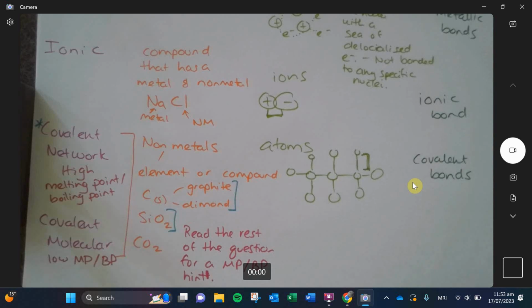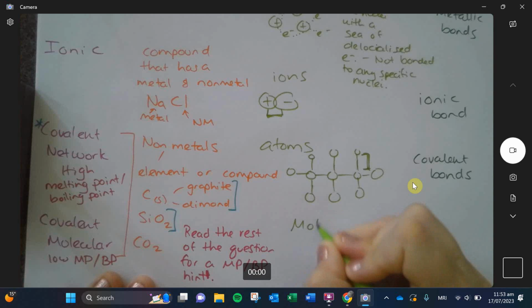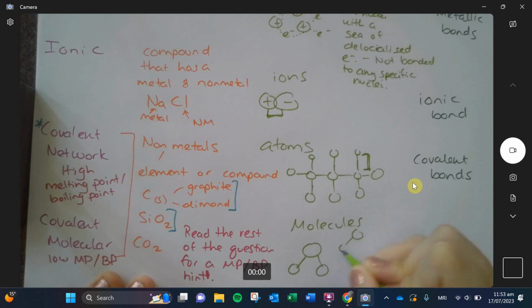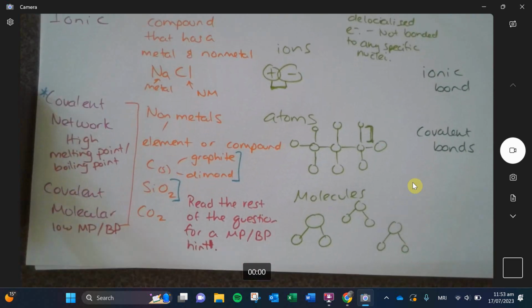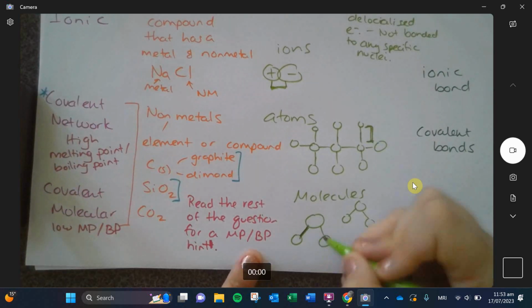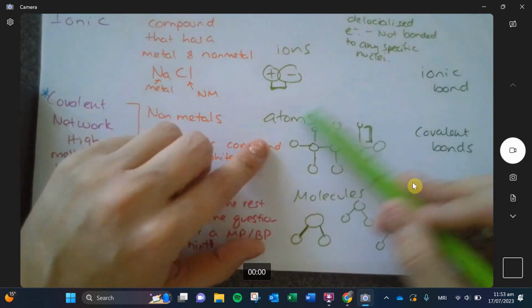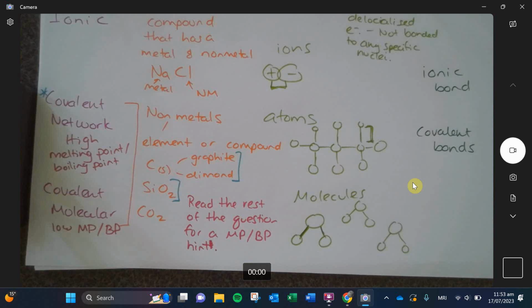All right, cool. Last one are our covalent molecular. So these guys are made up of molecules. So you have, say, for example, a water molecule, like that. Now these guys we call covalent because the bond between these atoms are also covalent bonds. But these guys are individual molecules. So instead of them forming a nice big network like this, they are acting as individual components, and there's